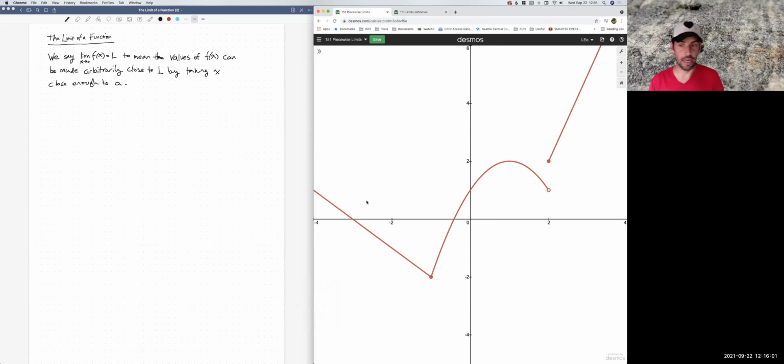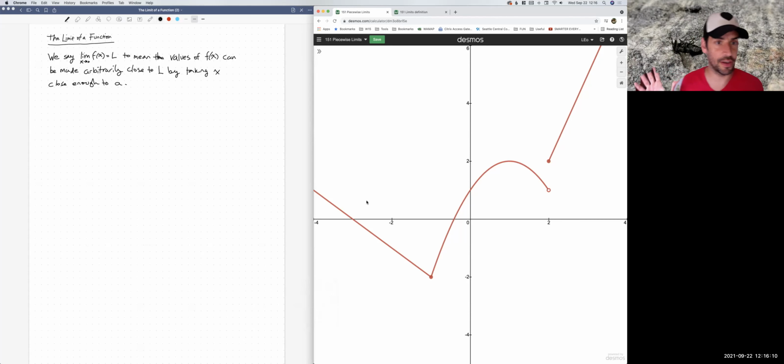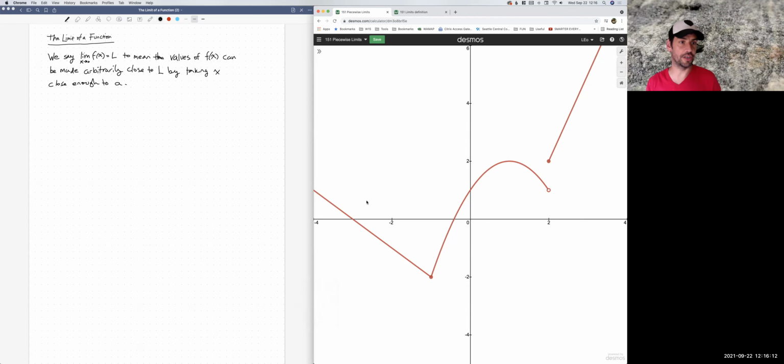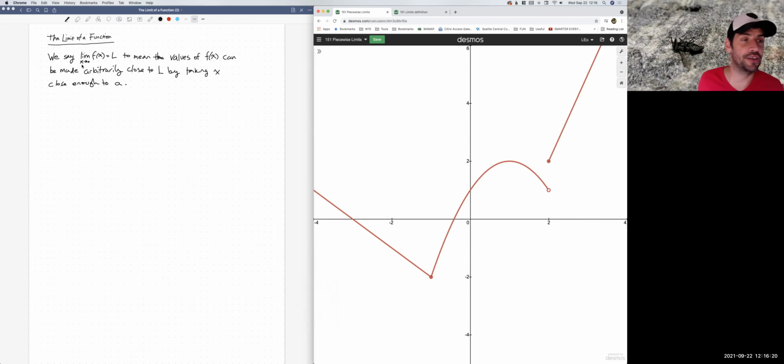Hey, everybody. So we're still talking about limits. We've still got a little bit of time talking about limits. So let's revisit what we said a limit was, remind ourselves of some of our intuitions about it, and then add some new ideas. So the working definition we have for the limit of a function is what I've got written